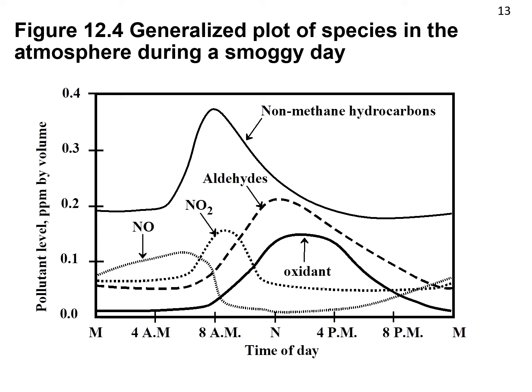Similarly, nitrogen dioxide, or NO2, peaks rapidly as the excess nitrogen monoxide, or NO, is converted into nitrogen dioxide. So that's why that dotted line for NO2 peaks really early in the day when light starts showing up and then falls down to a steady state. The NO2 falls quickly again as excess NO is used up.